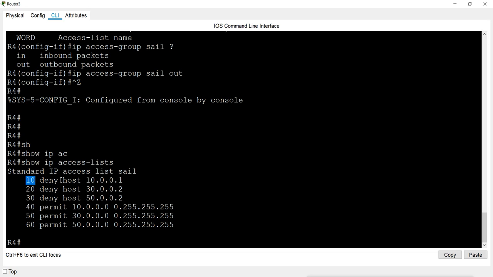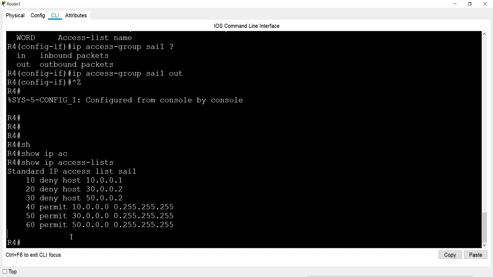You can still remove single entries, but when you remove single entries there was a small problem. After IOS version 12.2, they included these sequence numbers so that we can resequence all these statements.